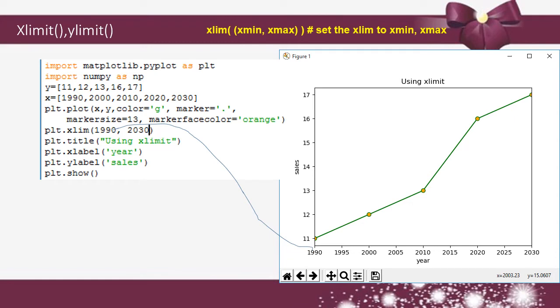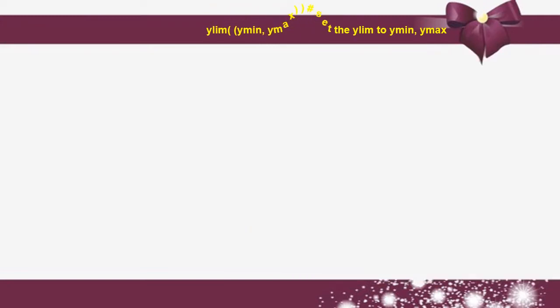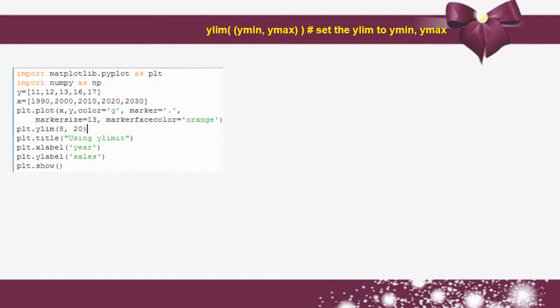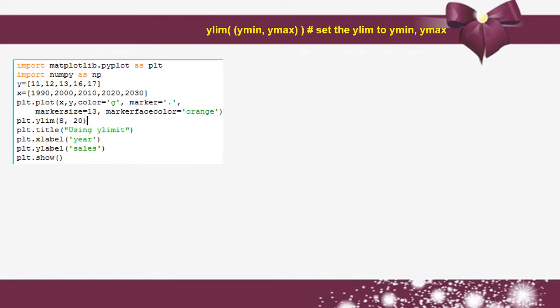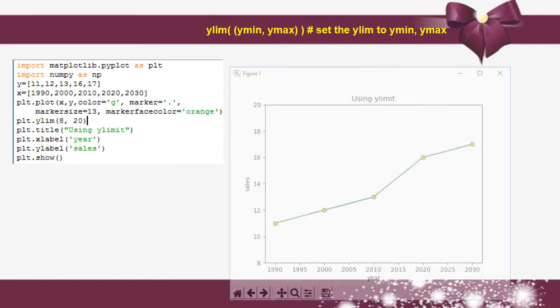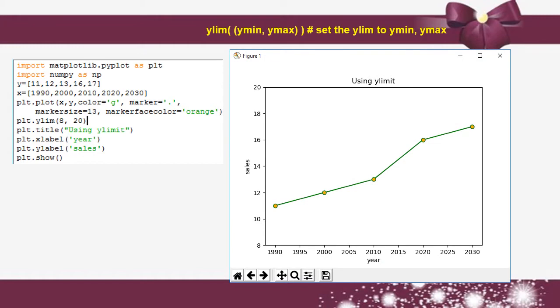This is the xlim, and maximum value 2030 is given. Likewise ylim also, see here 8 comma 20 is given. So the y-axis minimum value starts from 8 and the maximum value ends at 20.